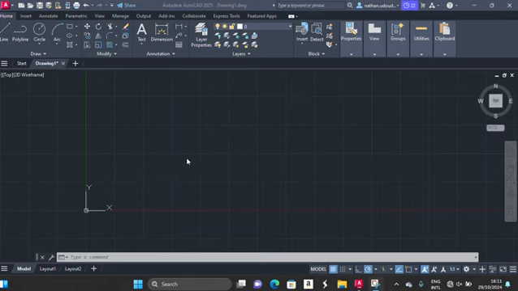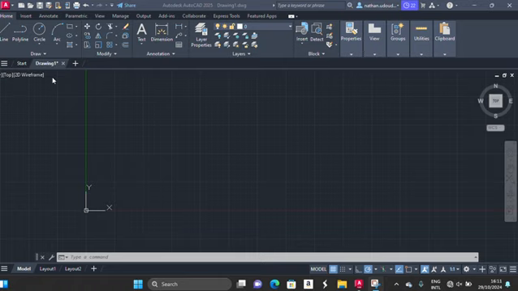So now we can get the plan from direction C, front elevation looking from direction A, and then the side elevation from direction of arrow B. So we can start with the plan. Now looking at the plan, first we have